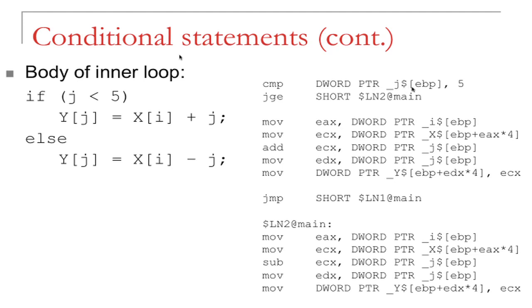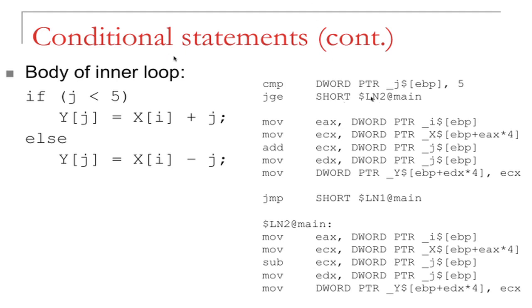In our case, we compare this variable J with the immediate value 5. So this is doing J minus 5. If J is greater than or equal to 5, we will jump to